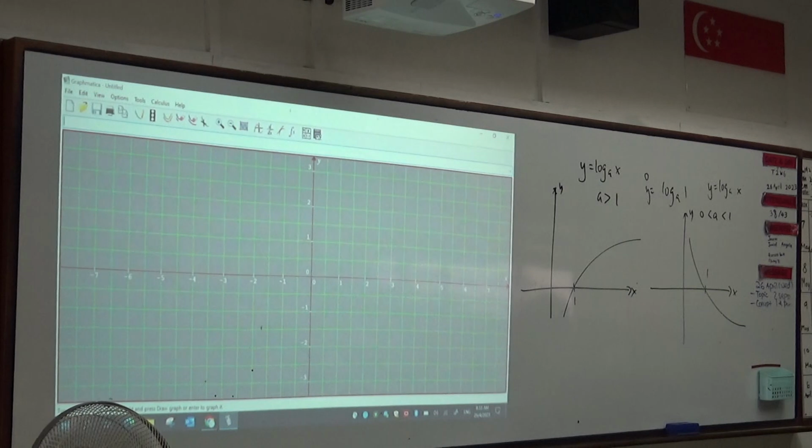Okay, now I will show you the various different graphs. You look at the board. No need to take down, because ultimately it will be there. Okay? Y equals to